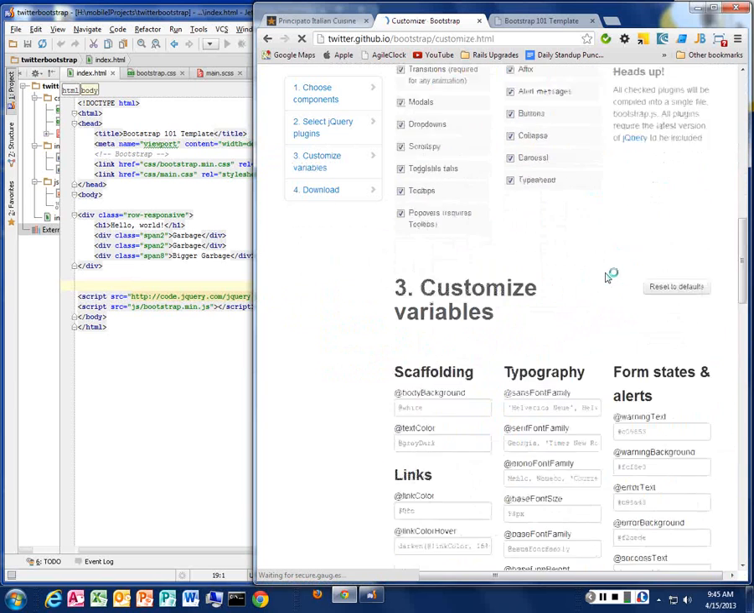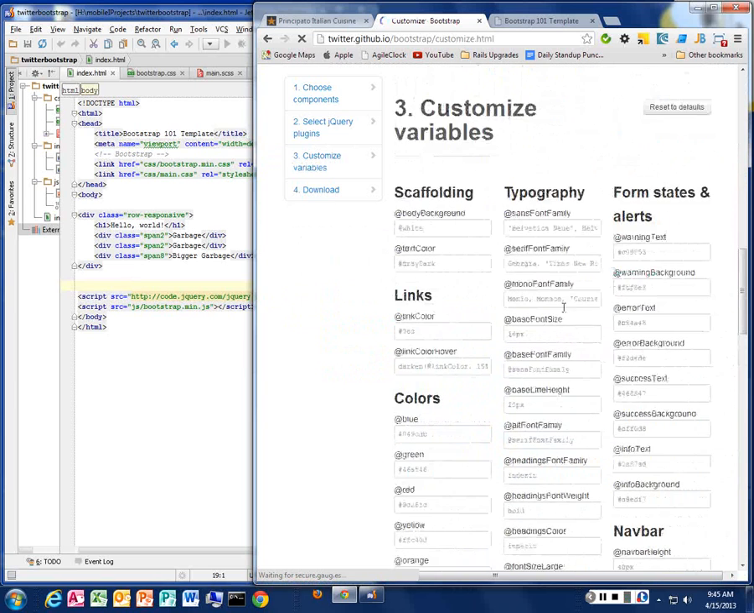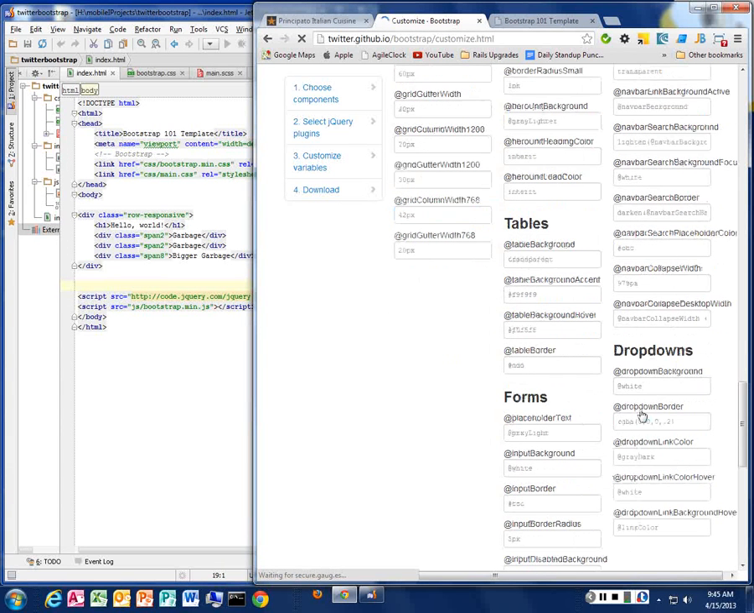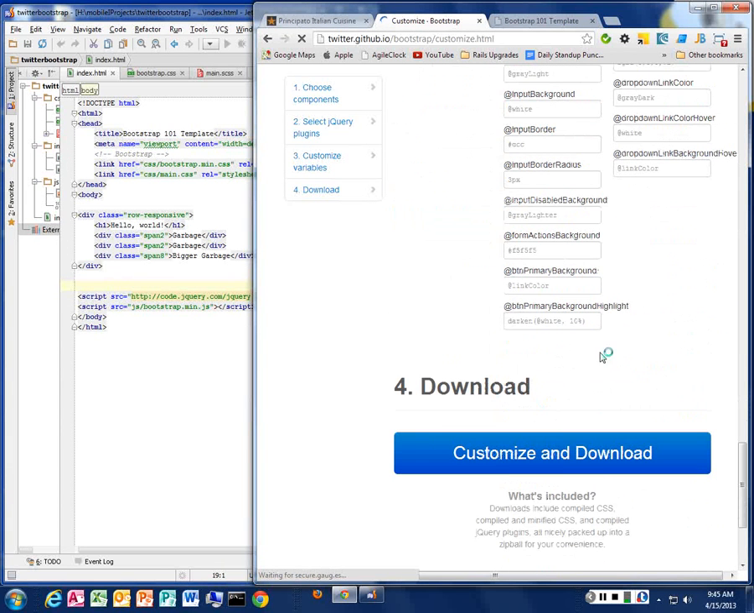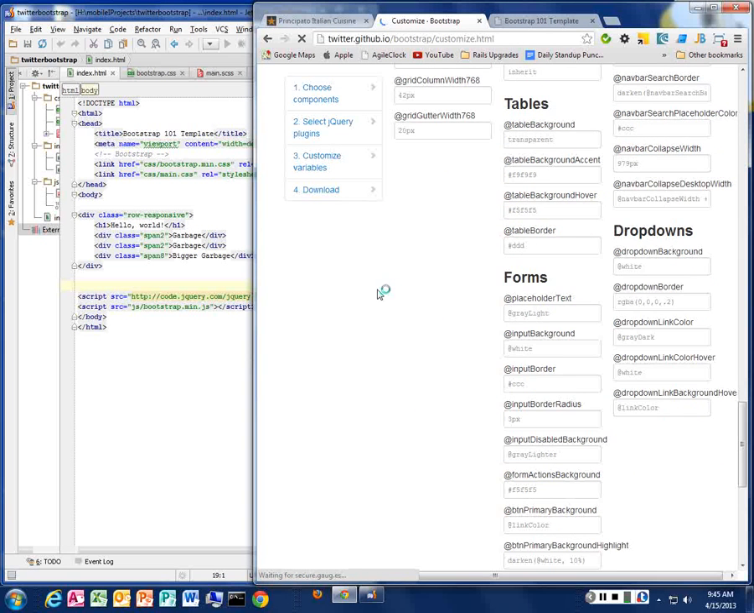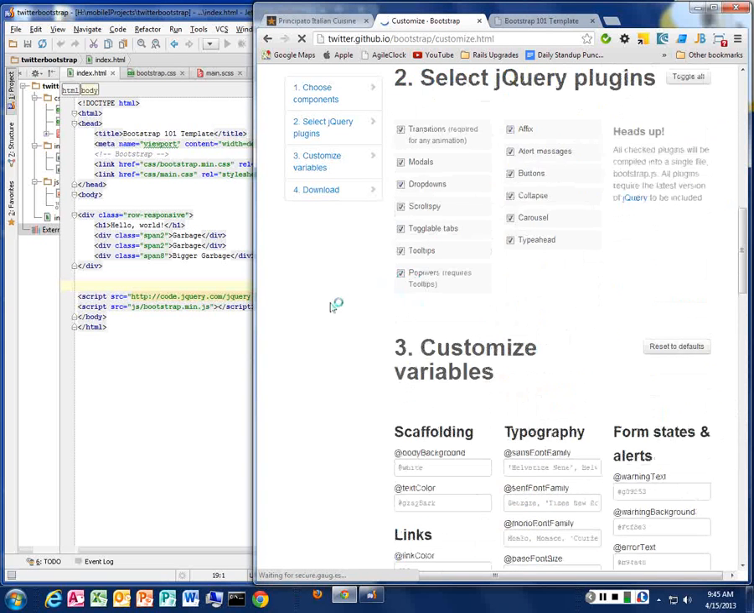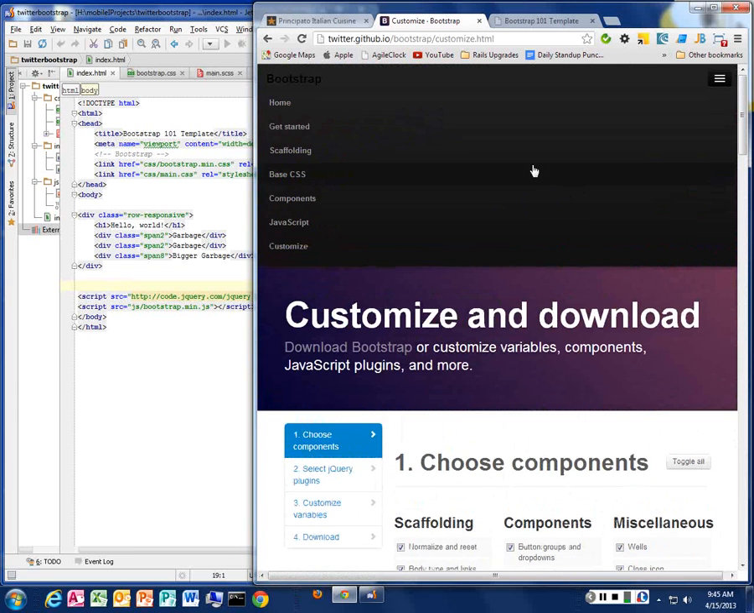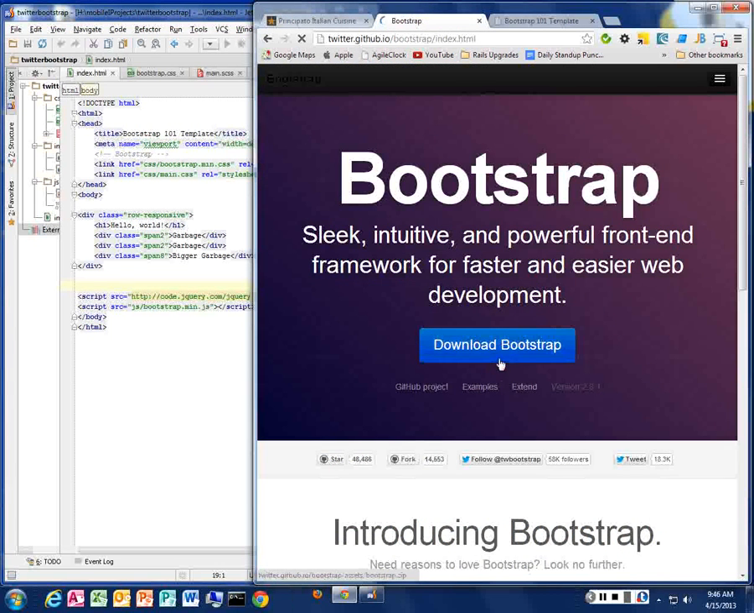And down here at the bottom, you can change the grid system, how many columns you want. So if I want to change that to 16, I'd change that to 16 and edit all of these. I can change the colors and all kinds of stuff and download a new version of the Twitter Bootstrap. If you don't want to do that, you can download the original binary version of it, which is this version,